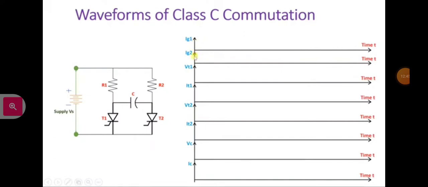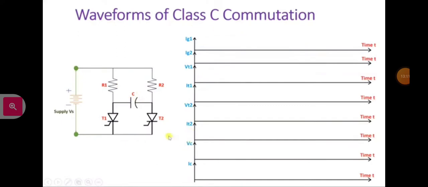Ig1 and Ig2, those are gate currents which are given to T1 and T2. Vt1 and It1, that is voltage and current across thyristor T1. Vt2 and It2, that is voltage and current across thyristor T2. Vc and Ic, that is voltage and current across capacitor C. Now to understand this